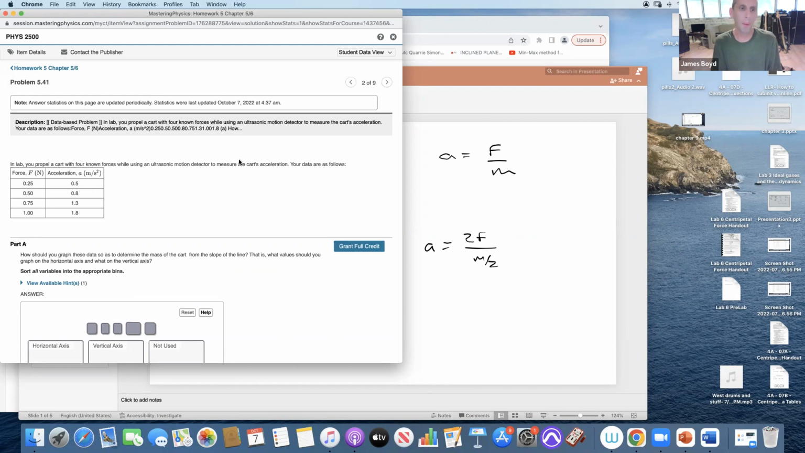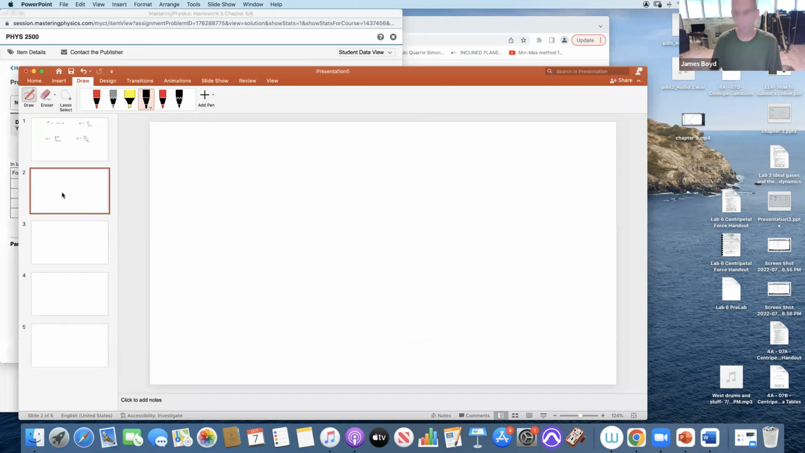All right, so the following problem: in a lab, you propel a cart with 4 known forces, so 4 different forces, and you detect the acceleration. Now, we want to determine the mass using a slope line. Whenever we have a linear trend line, which we're assuming, y versus x, and we have some line that looks like this, if this is linear, then y is equal to mx plus b. b is basically wherever this thing intercepts the y. I'm assuming you all know that. And m is the change of y over the change of x